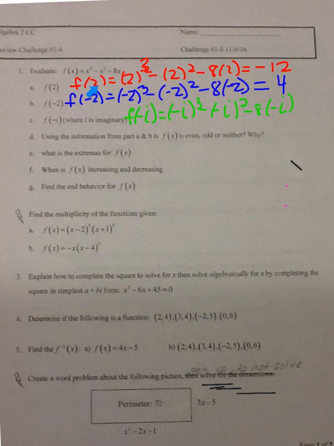So remember, when we want to know even or odd, we plug in opposites, right? So I pick a number, I plug it in, I get negative 12. I plug in the opposite, and I get 4. So remember, in order for them to be even, they have to be the same. In order for them to be odd, they have to be opposites. If it's neither of those, it's neither. Okay, so we would write neither